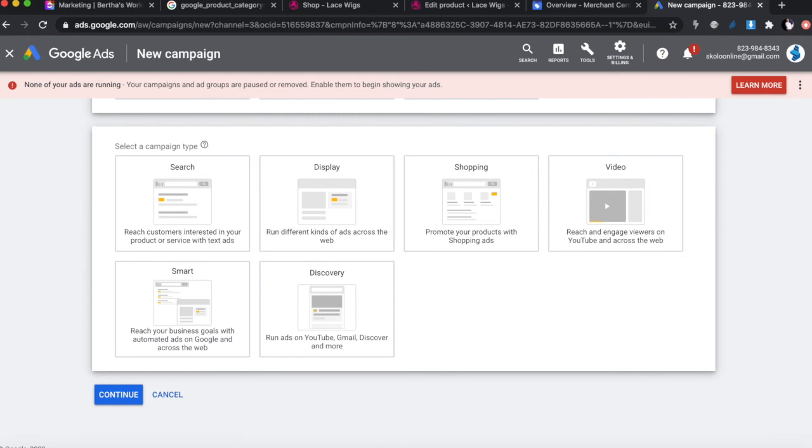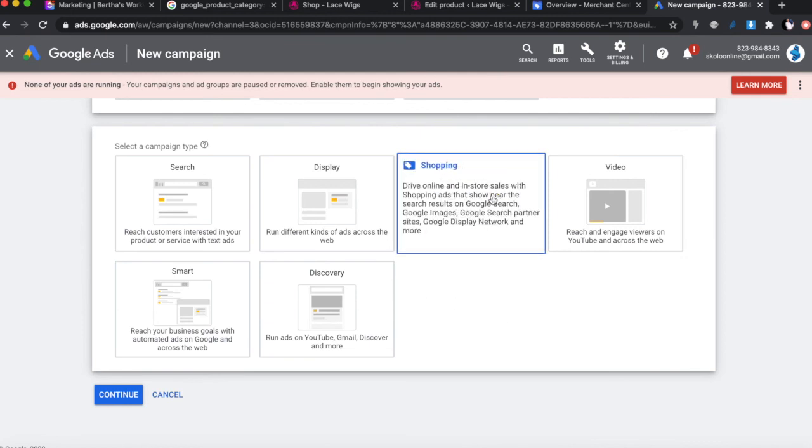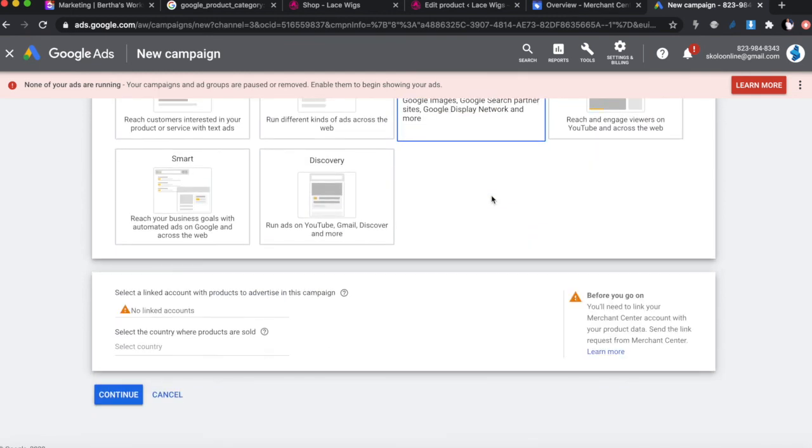And the help center agent told me no, when you're starting out you can't work with a smart shopping campaign. A smart shopping campaign is for people that have already run their store for a while, and they already have people that can come back, and then they create that. In your case, when you're starting out the first time, you need to go with a shopping campaign, and in some cases I actually like to have both. So have both smart and shopping and just test them out, because sometimes the smart works. It's very tricky how it works, but